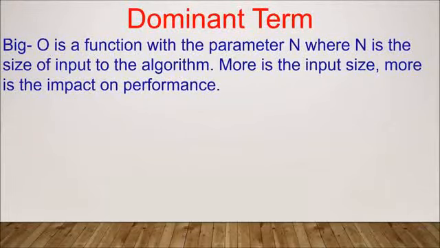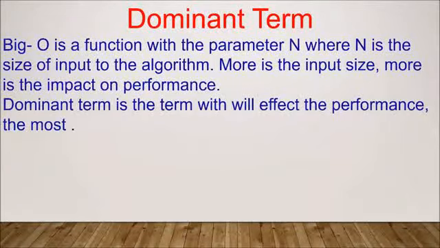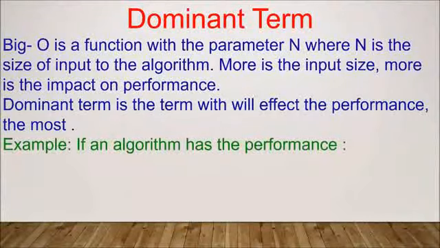As I already told you, if the big O notation is n, the time needed will be less. If it is n square, then the time needed will be more. The term which will affect the performance the most. So big O notation will result in an equation. If the weight of a term is maximum, that term is known as the dominant term. So using that dominant term only, we will get our result, that is the big O notation result.